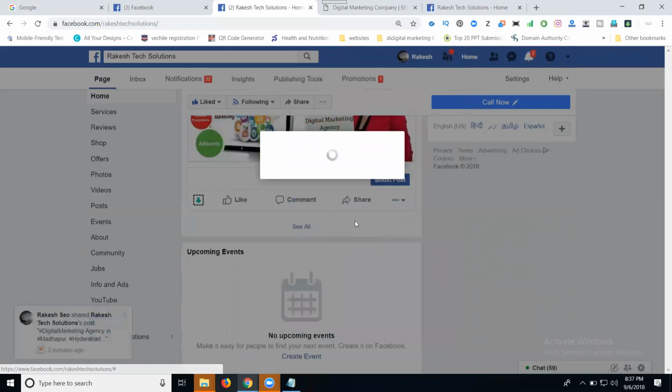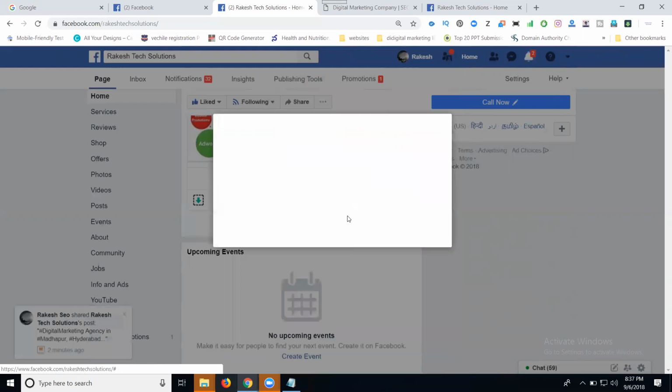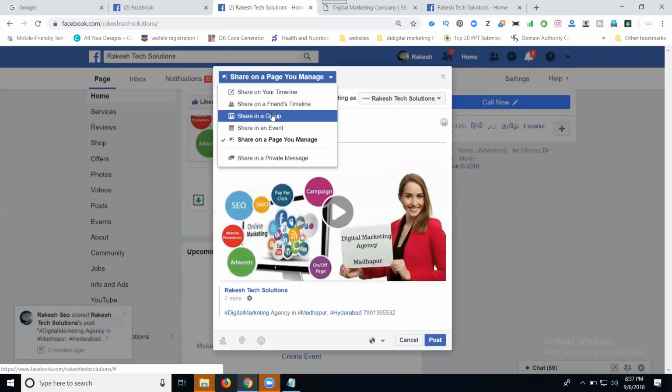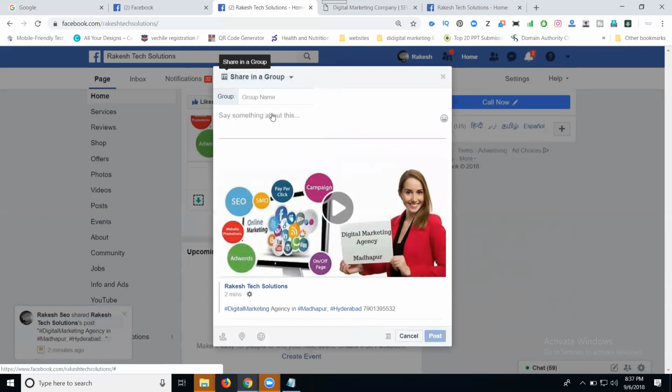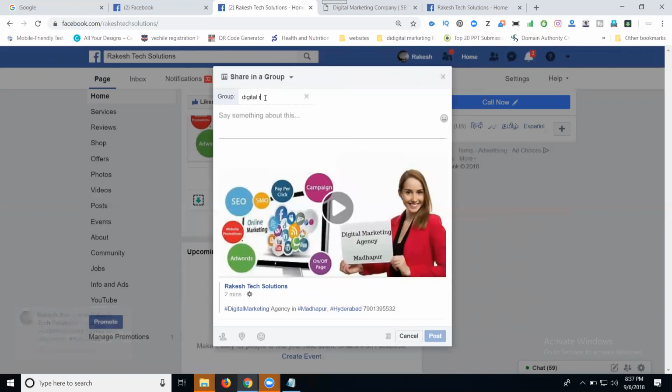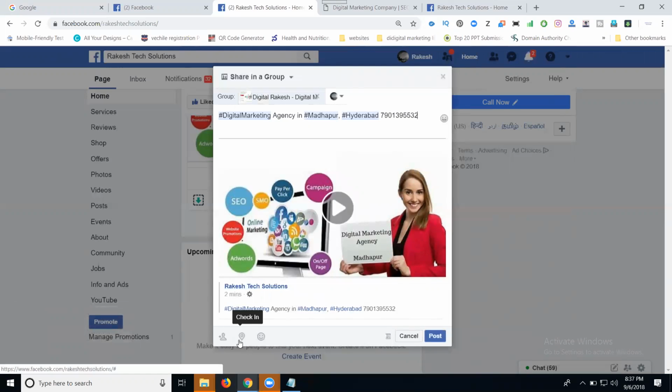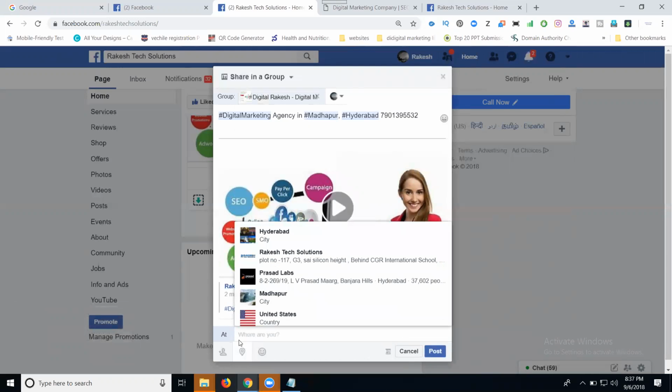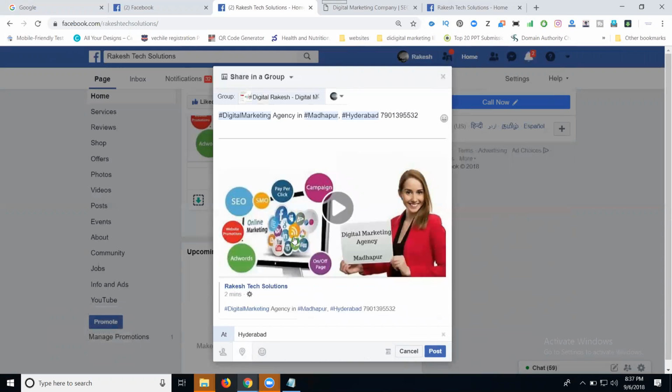Next one, select here, share. Share to your group. You can select your own group and other groups also. I'm selecting my own group, and I'm selecting my place, check in, only for Hyderabad.